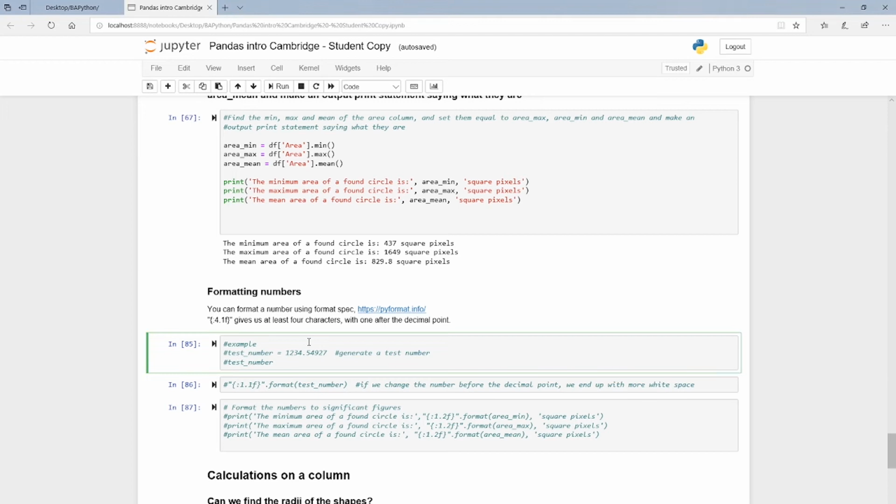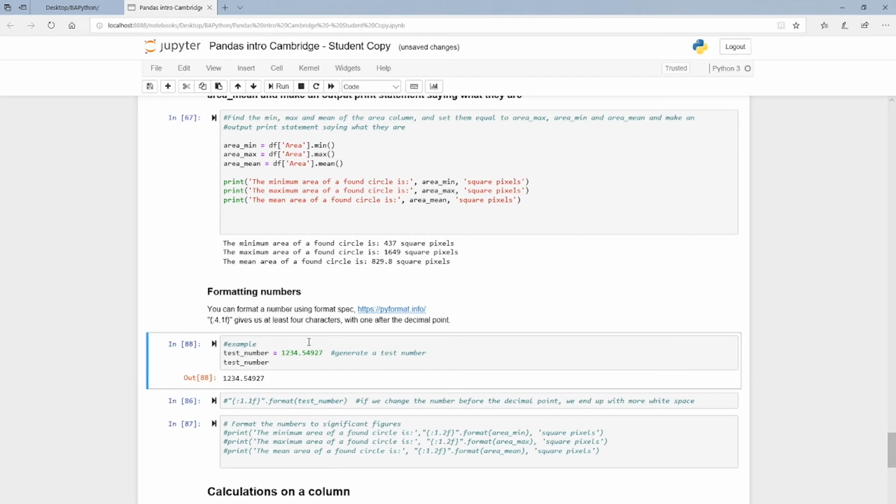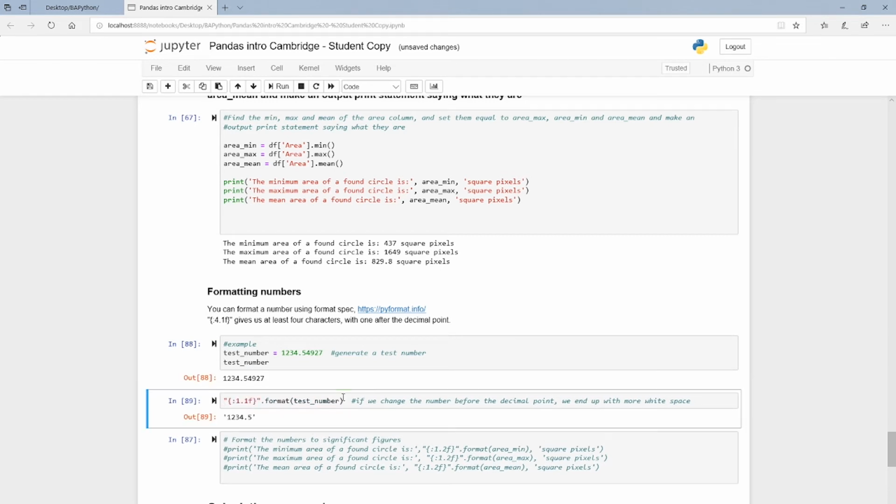So let's just quickly set, here's a test number, 1234.54927. And if I want to just have one number after the decimal point, I just put a :1.1f.format test number. And that just prints as a string,